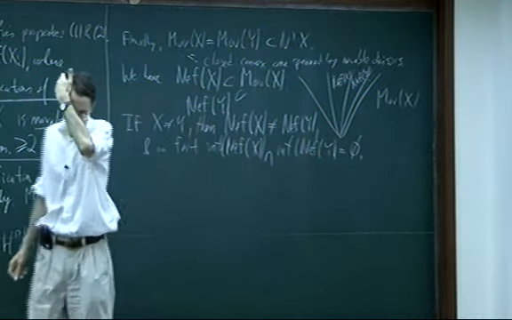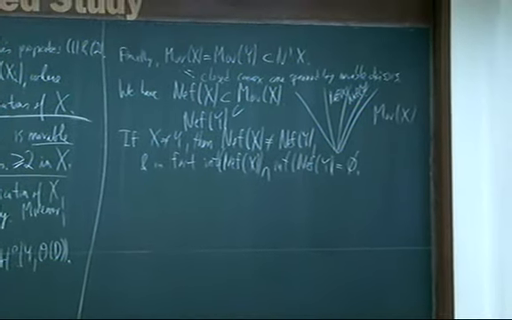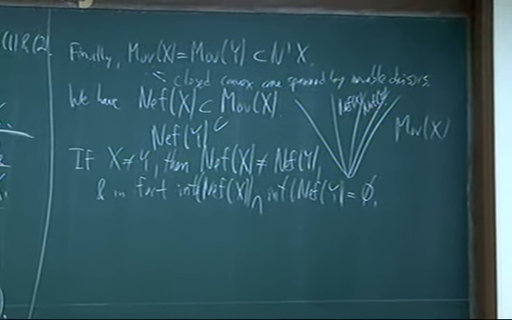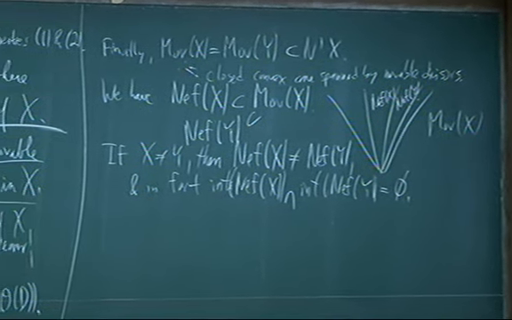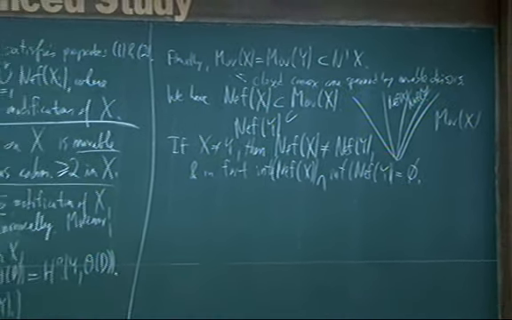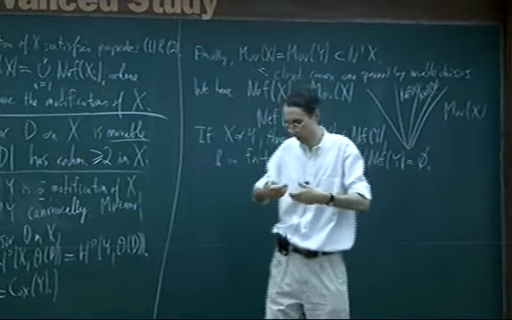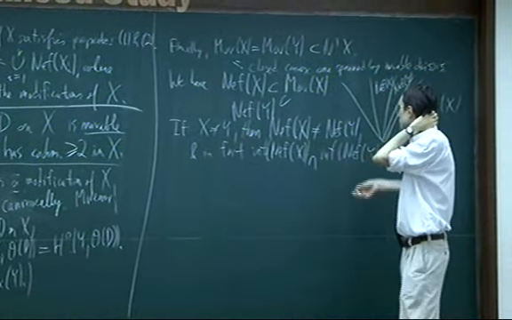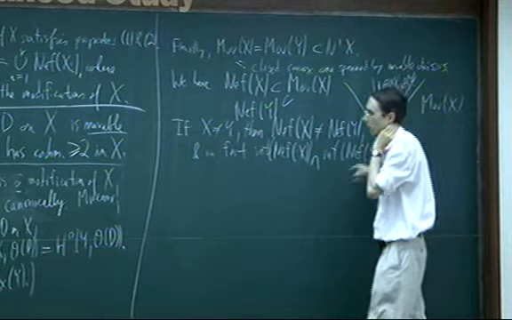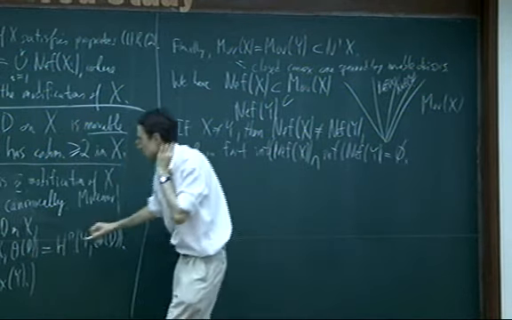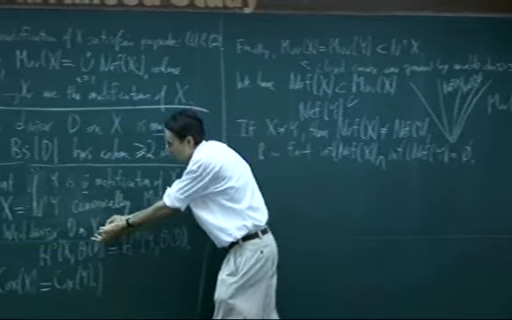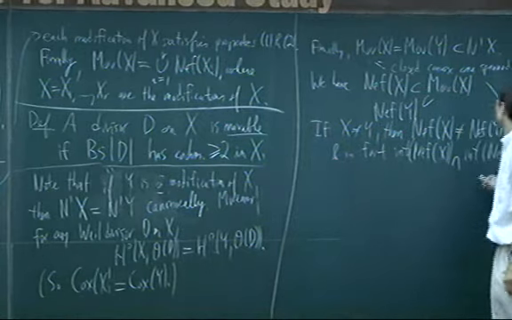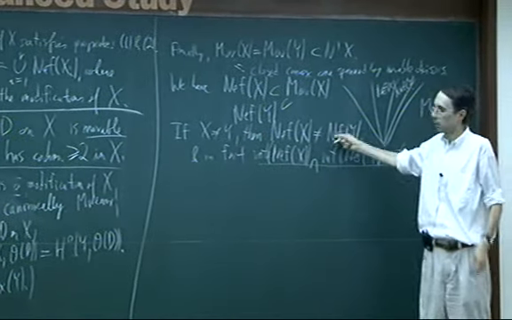this means you can't have a divisor that's ample on x and simultaneously ample on y. Why is that? Well, if you have an ample divisor on some projective variety, then, so to speak, you could reconstruct the variety from the divisor, more precisely from the ring of sections of that divisor. Right? Given an ample divisor, Proj of the ring of sections of that divisor is the projective variety. So if you had some divisor that's ample on x and also ample on y, the ring of sections of D is the same on x and on y, so that would tell you that Proj of that ring, which is x, is the same thing as Proj of this ring, which is y. So that proves this.